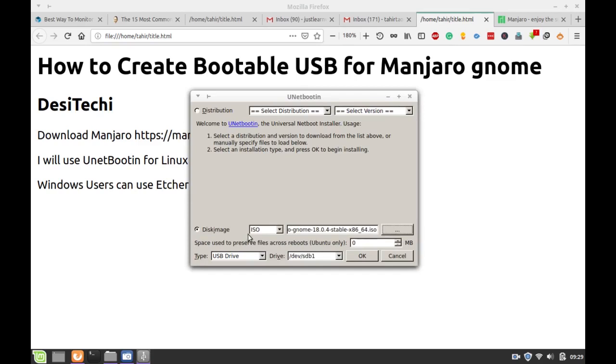Open this, and now you need to select USB drive, and from the drive option you need to select your USB flash drive. It has already been selected for me.